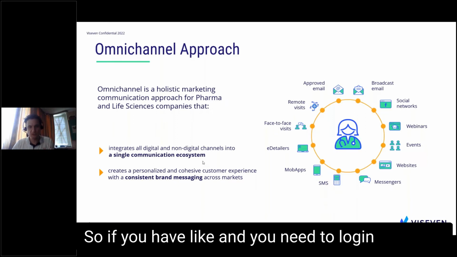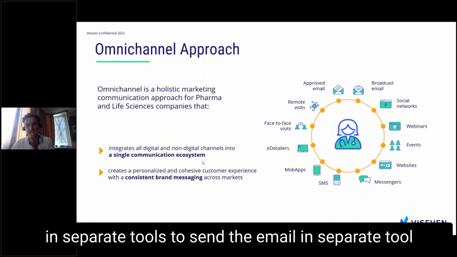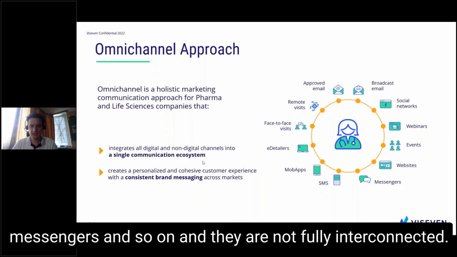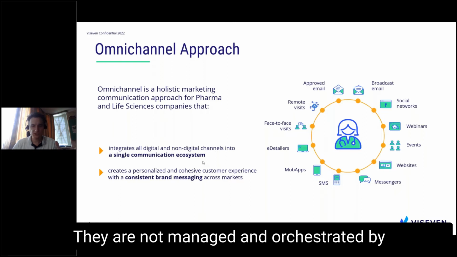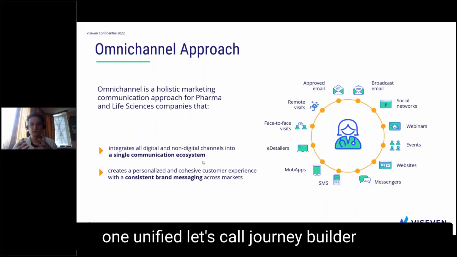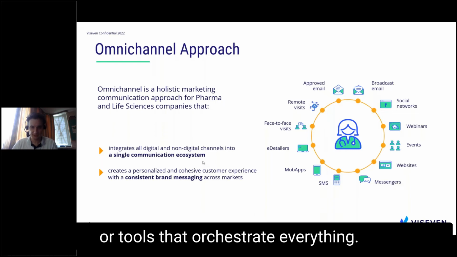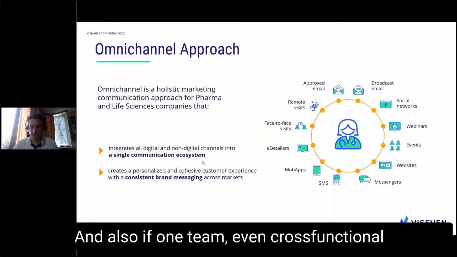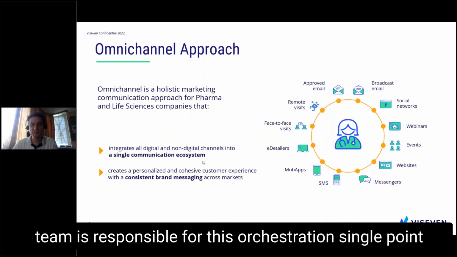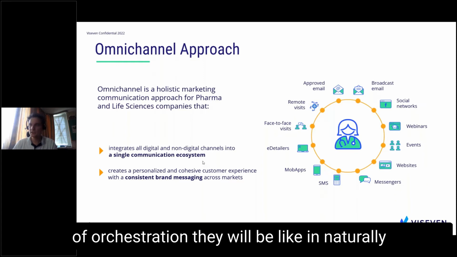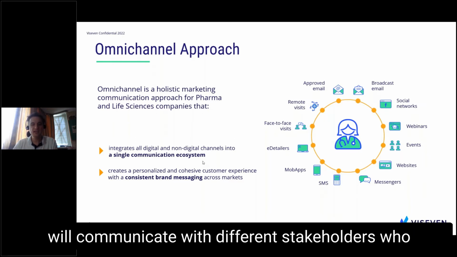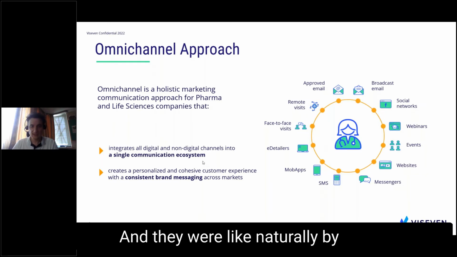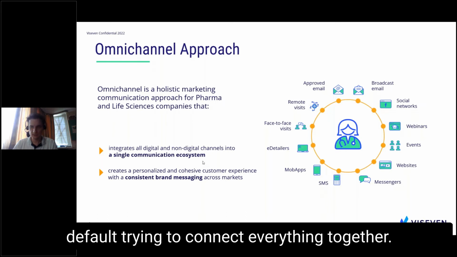So if you need to log in to a separate tool to send the email, a separate tool to send the SMS, a separate tool to send some messengers and so on, and they are not fully interconnected, they are not managed and orchestrated by one unified journey builder, as let's call it, or tool that orchestrates everything, then it's really hard to call it omnichannel. And also if one team, even a cross-functional team, is responsible for this single point of orchestration, they will naturally take into account different channels, will communicate with different stakeholders who are responsible for different content, messages and even different audiences, and they will naturally, by default, try to connect everything together. And that